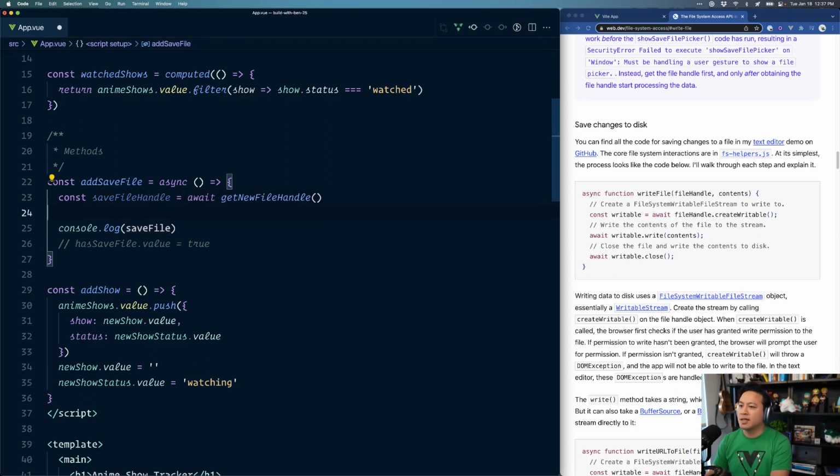Okay, I'll just call it a handle. I think that's what they seem to be calling it, file handles, rather than file path, because I think the path contains a directory, but the handle contains like an object that has a lot of different things. So we can then say,